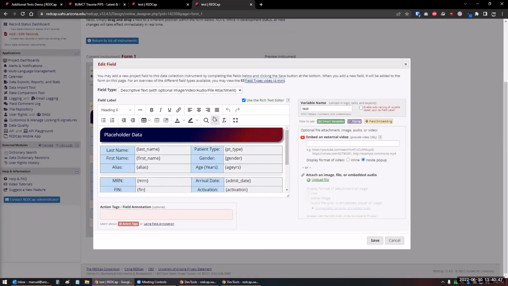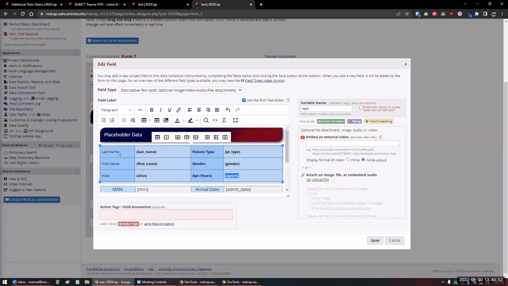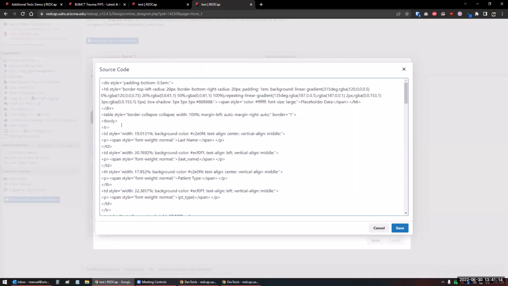Because if you got rid of the H6 tags for all these, it would automatically get rid of the styling that the H6 is being applied to. Does that make sense? Okay. The other thing is, if you want the size of an H6 but you don't want all the styling that comes with an H6 tag, you can just use the paragraph tag and then just make the font size